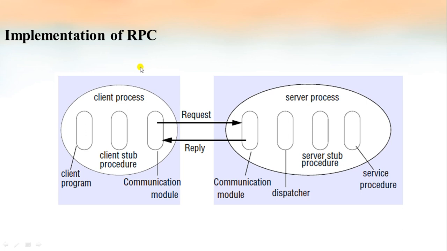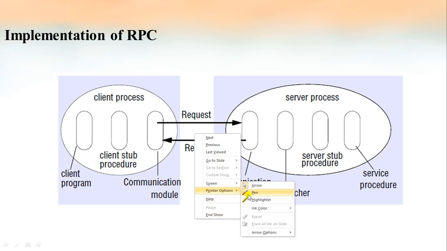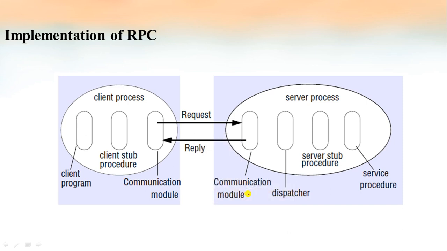Now let us discuss the implementation of RPC. We have already stated that RPC takes place for client server applications. So we will have a client process as well as a server process. This is the entire client process, and these are the modules included in the client process. We'll have a client program, then a client stub procedure and a communication module. So the